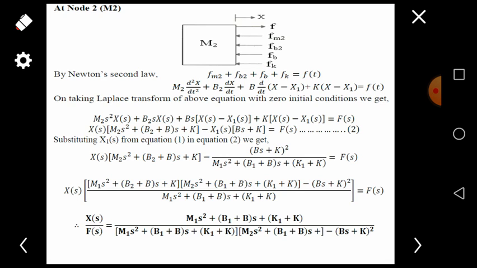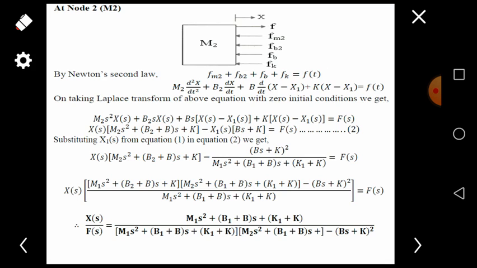Here there will be an applied force that is denoted as F. So applied force equal to actual force, we are writing as Fm2 plus Fb2 plus Fb plus Fk equal F(t). Now we are going to write the equation as m2 d square x divided by dt square plus b2 dx divided by dt plus b into d by dt of (x minus x1) plus k into (x minus x1) equals f(t). On taking Laplace transform of the above equation with zero initial condition, we get m2 s square